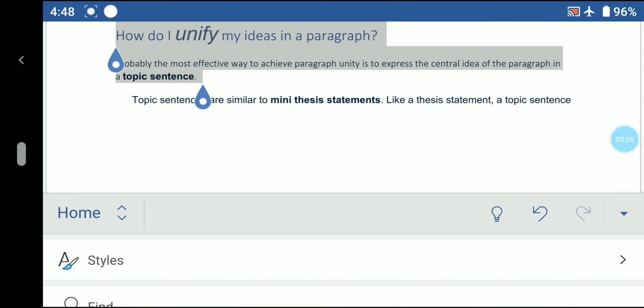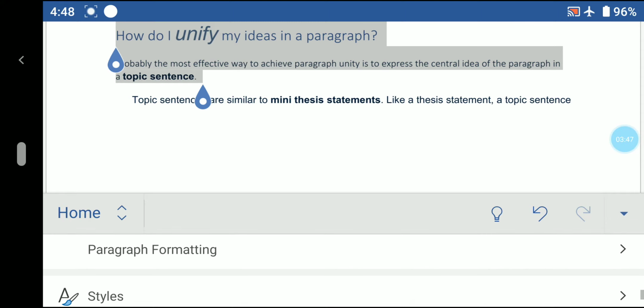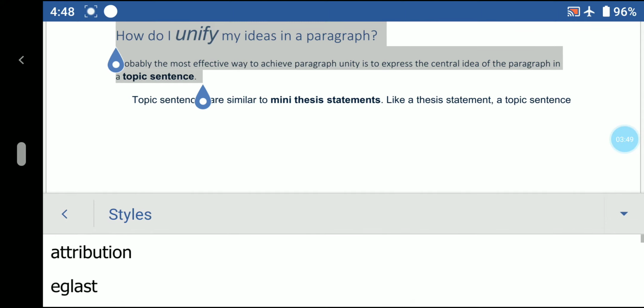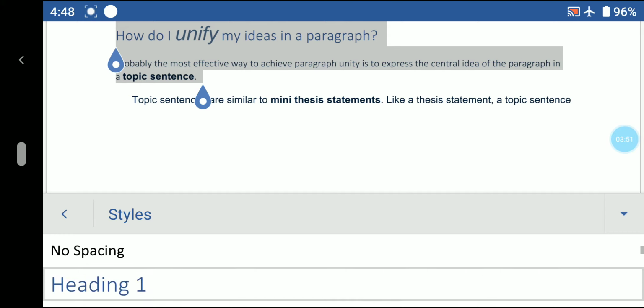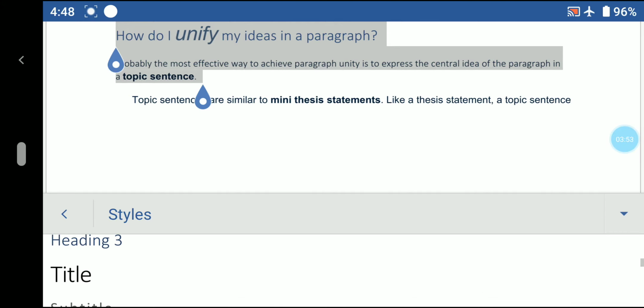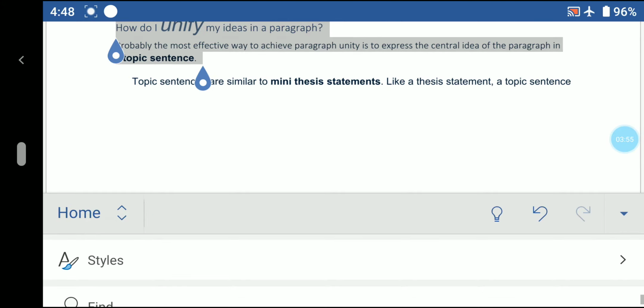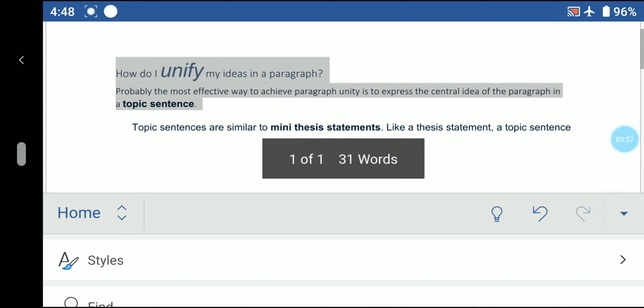Now I am going with another style. Again I'm going for the styles. My selection has already been done, so I'm going for Heading 3. Check what it looks like.